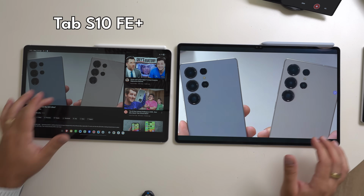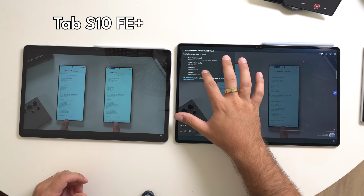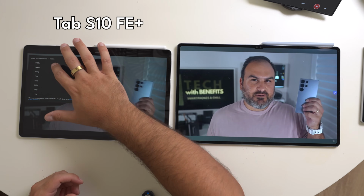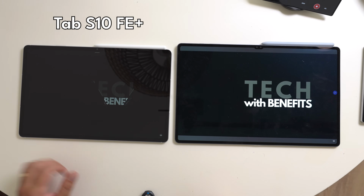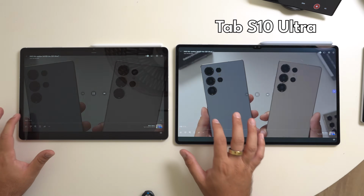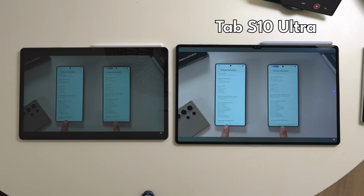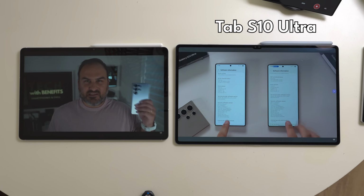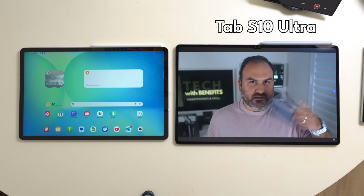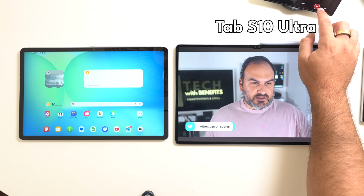I have two S25 Ultras and an S24 Ultra. All of them are now running the latest version of One UI 7. Is this the update that finally saves the Galaxy S25 Ultra? Let's go. So as slow as Samsung's updates I have two S25 Ultras and an S24 Ultra. All of them are now running the latest version of One UI 7. Is this the update that finally saves the Galaxy S25 Ultra? Let's go. So as slow as Samsung's updates have been...